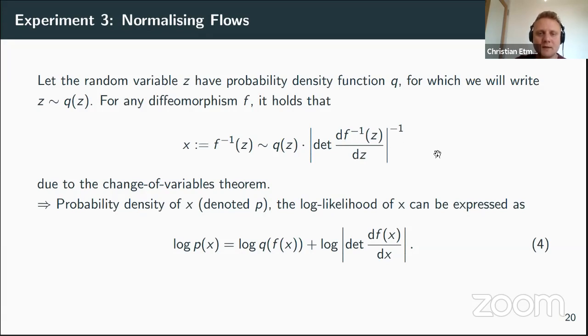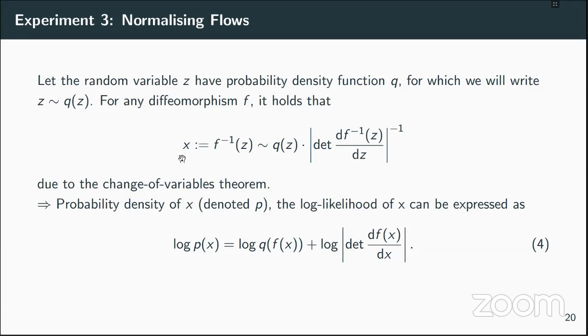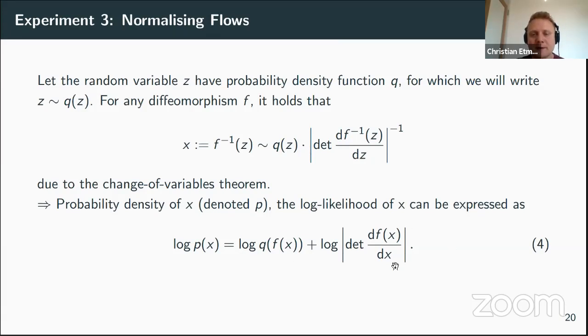This means that for some point x, the probability density of x can be expressed with the following formula, meaning that